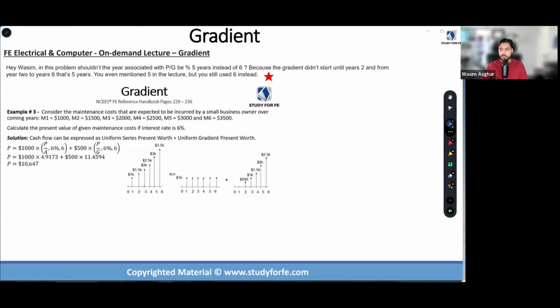First of all, when we are dealing with gradient, students sometimes confuse gradient and annuity. Present value is a one-time payment today. Future is a one-time payment in the future. But annuity and gradient occur periodically, at a specific time after a specific period. The easiest way, from a 10,000-foot view, to distinguish between annuity and gradient is that annuity is a fixed amount and gradient is an amount that increases or decreases